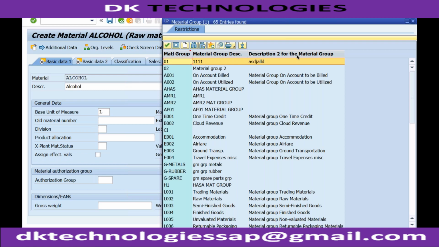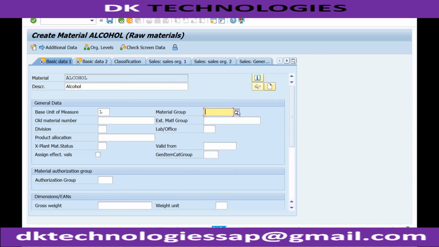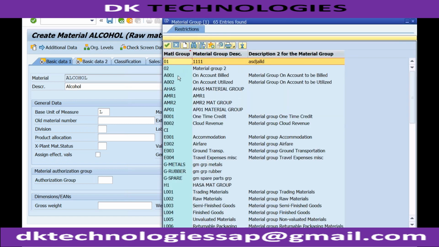You can create these material groups as you want. You can see there are a few material groups which are already created by SAP, or maybe someone created them when they were working on this test system. You can create your own also. Okay, I'll show you how to do that. But as of now, I'm just entering any material group here so that we can